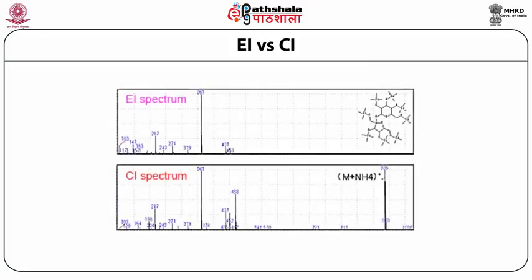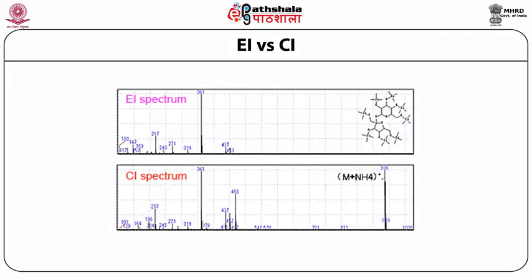Here I have shown EI versus CI spectrum. You can see the first spectrum, which is an EI of a molecule, does not give you any molecular weight information at all because there is no molecular ion. So you may be misguided to take it as 417, while that is not the actual molecular weight. So we record a CI spectrum and obtain a very good M plus ammonium ion, because ammonia was used as the CI reagent gas, and it gives a very clear indication about the molecular weight of the compound.